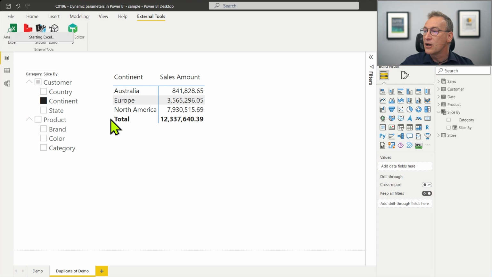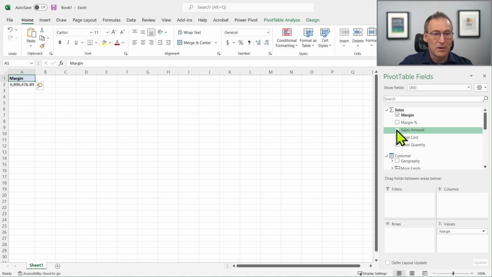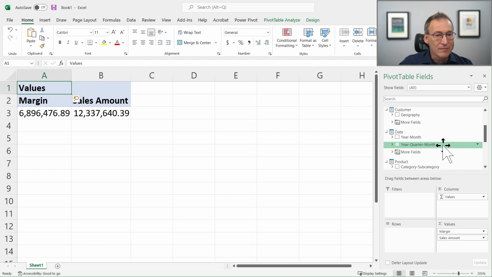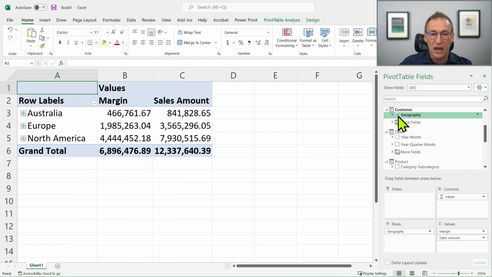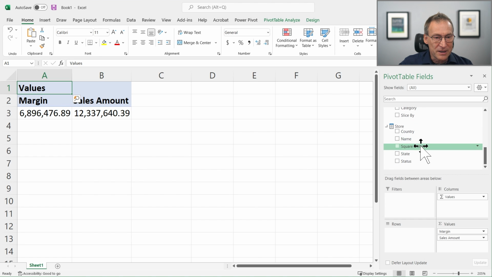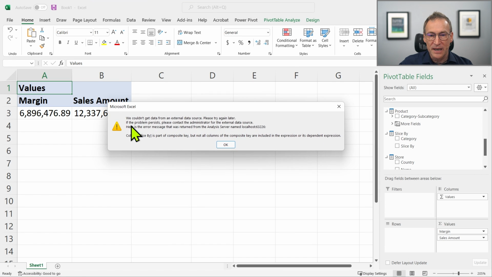So I open Excel on the same model where I do have my field parameter. Let's add the margin, the sales amount, increase the font a bit. Now, if I slice by customer, everything is working fine. But if I slice by, let's add the slice by to the rows, and we get an error that says